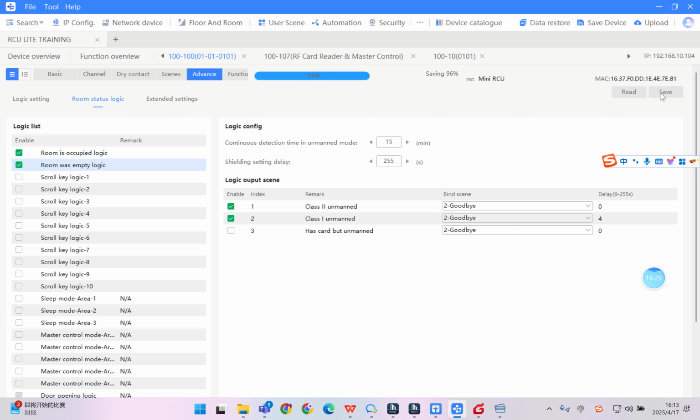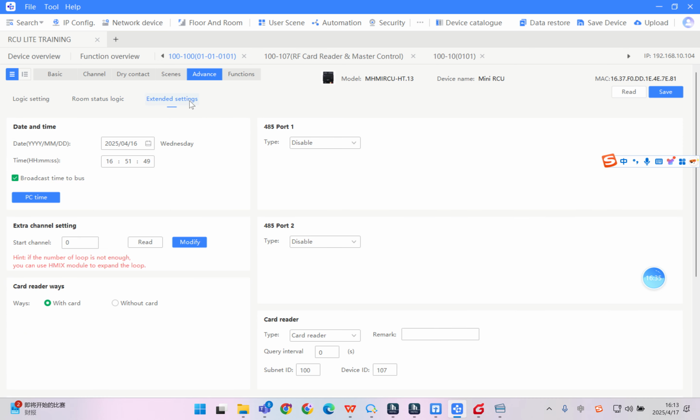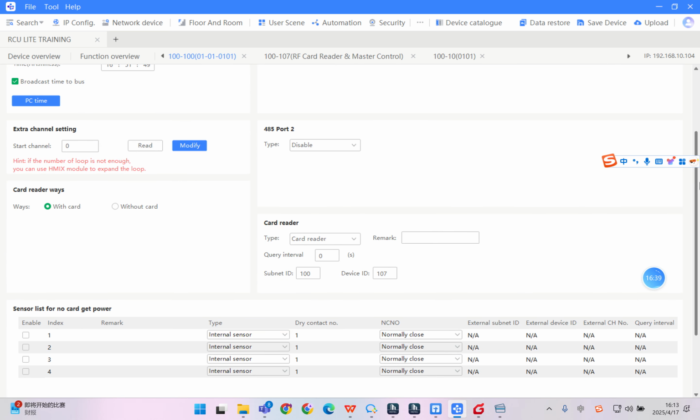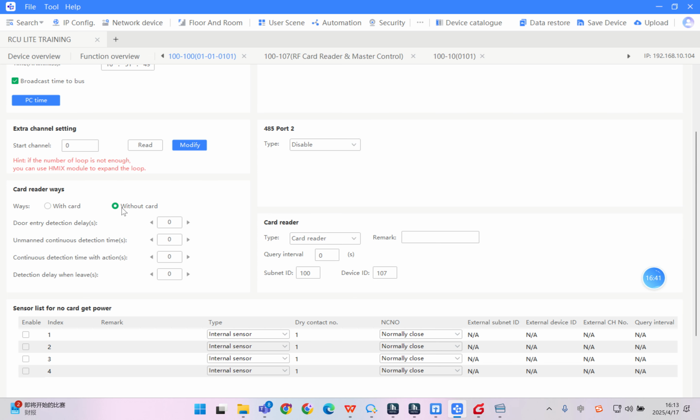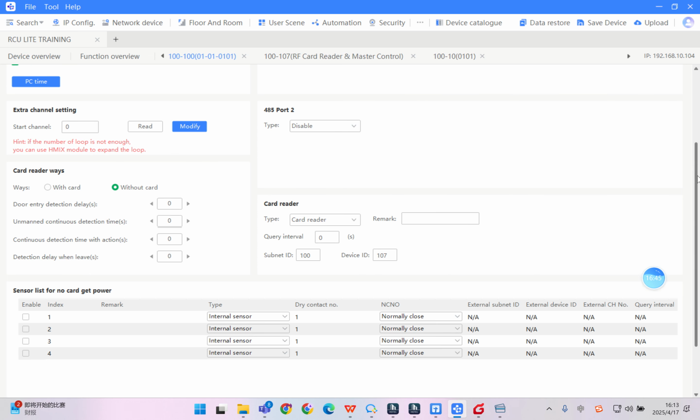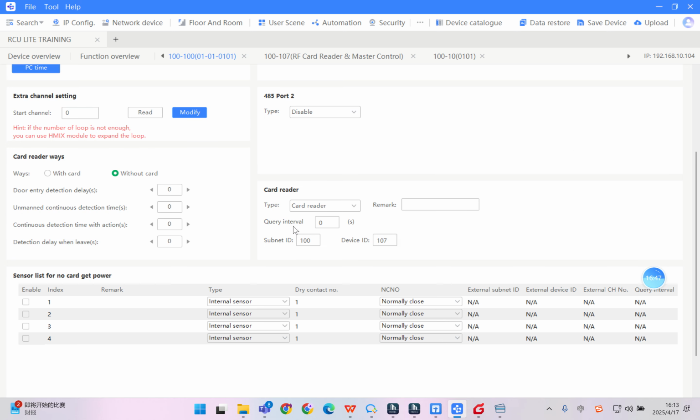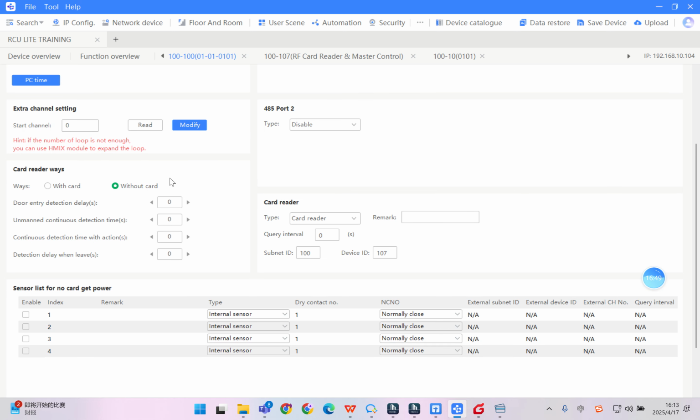Okay, this programming is the same. The only difference is please go to extended settings here. We have to change this one to be without card. Then you no longer need a card reader because we use without card. Then please see here the door entry